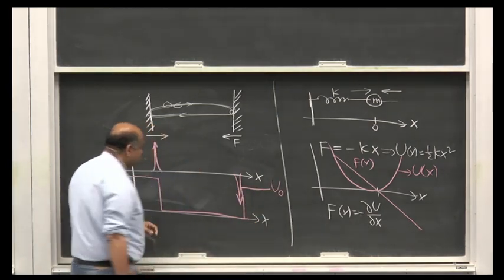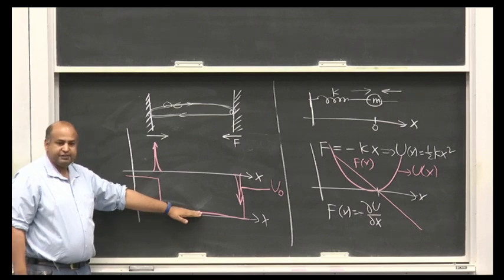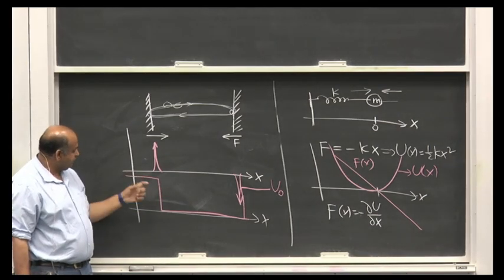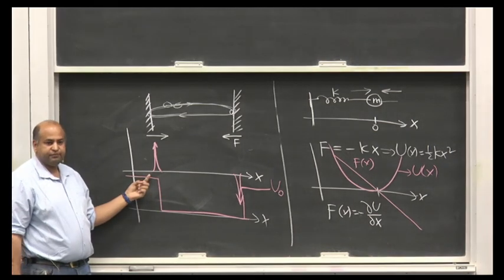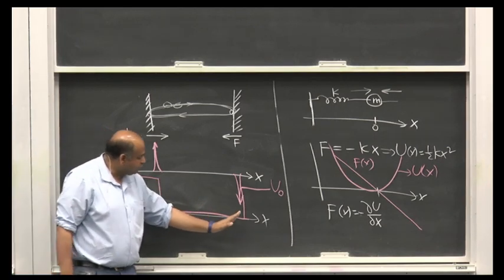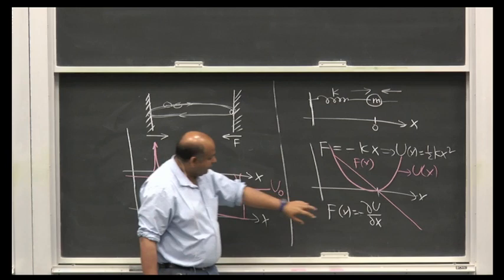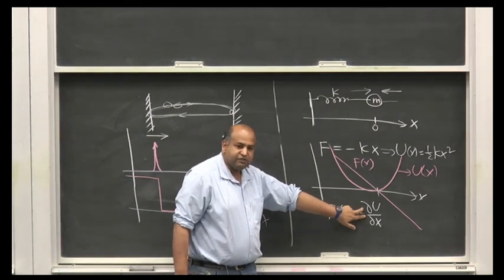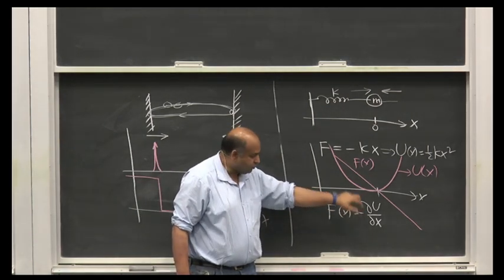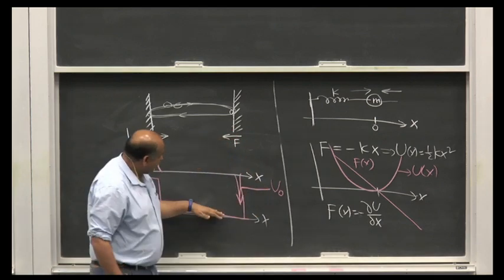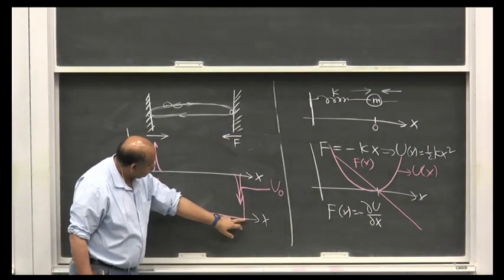Let's call it some V naught. So it means the potential here is 0, the potential here is constant, but here the potential is changing. And you see, यहाँ पे potential की slope positive है, तो positive slope का मतलब है, yes, आप सब लोग समझते हैं derivative gives us the slope of the function? Yes. Okay, good. So ये देखिए मैंने इस तरह से ड्रॉ किया है कि यहाँ पे इसकी स्लोप ऑलमोस्ट इन्फिनिट